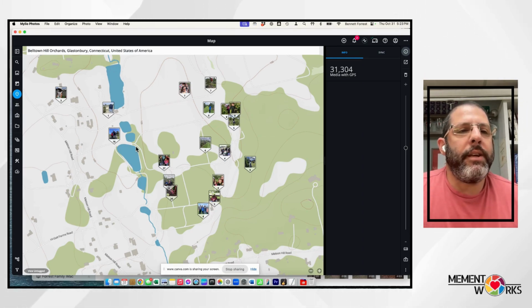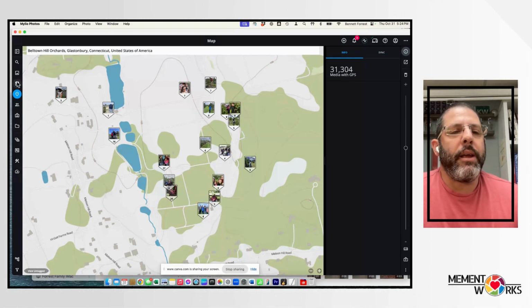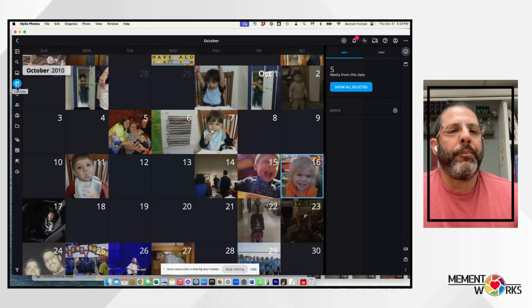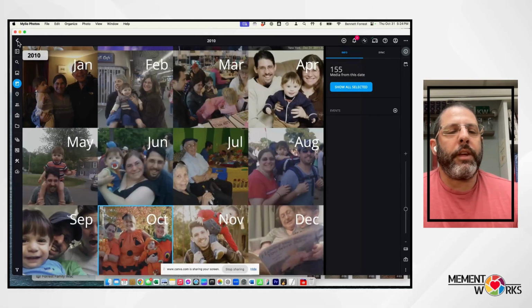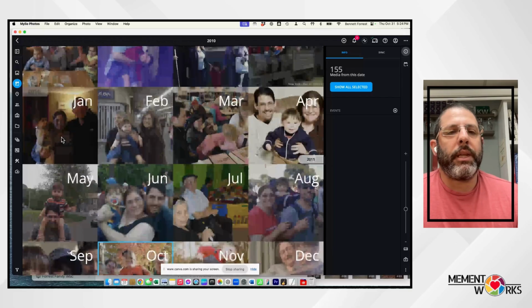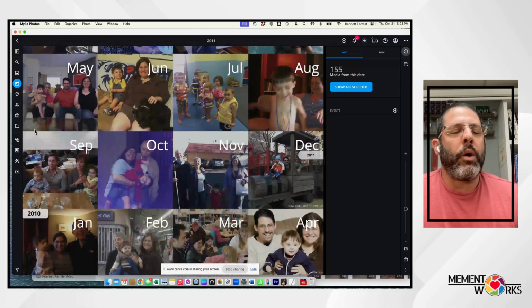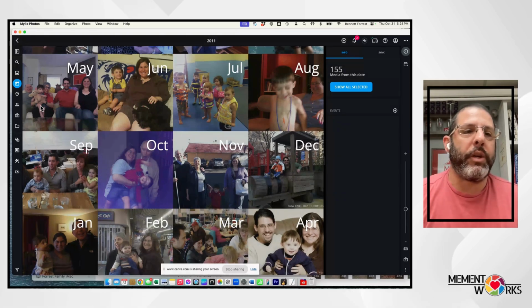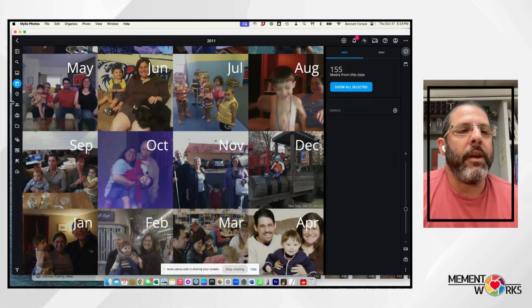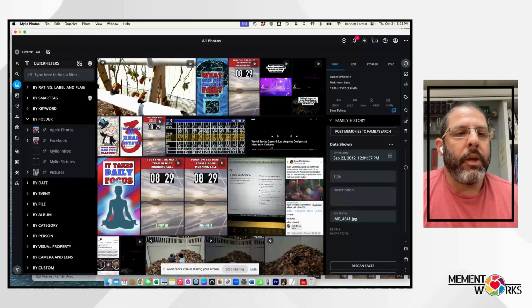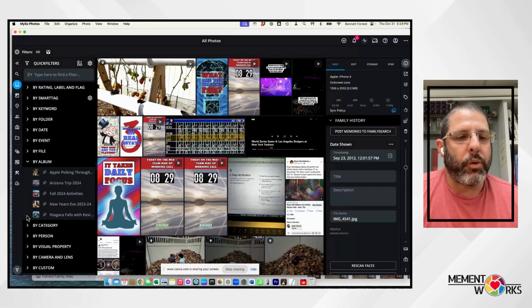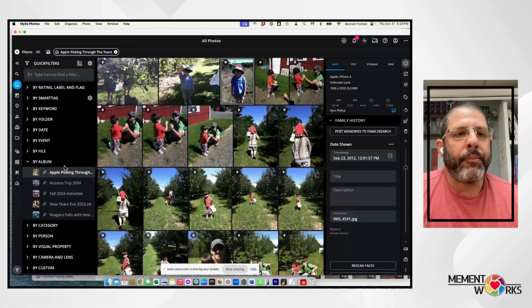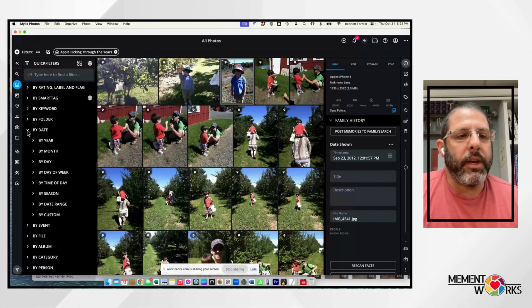So what I then did is I went into my calendar view, and the good thing is I knew the range approximately. One other quick step I did before was I had to see which years were missing. So I did that in the all calendar view, and I used the quick filters to sort it by album, apple picking,